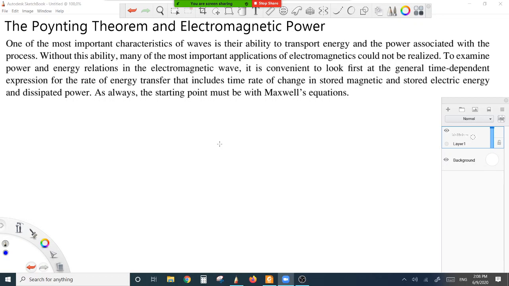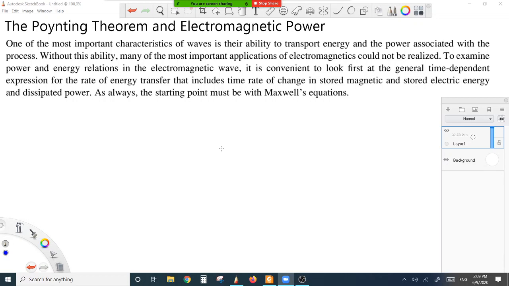As we mentioned earlier, one of the most important characteristics of waves is their ability to transport energy and power associated with the process. And without this ability, most of the important applications of electromagnetics simply cannot be realized. To examine the power and energy relations